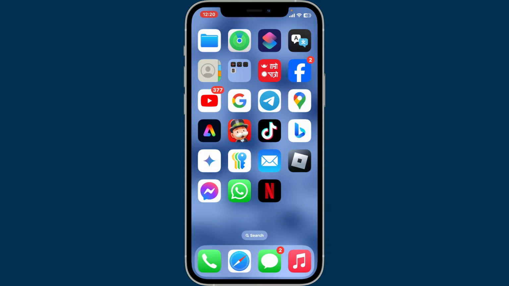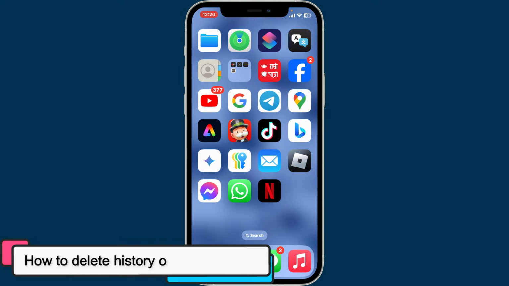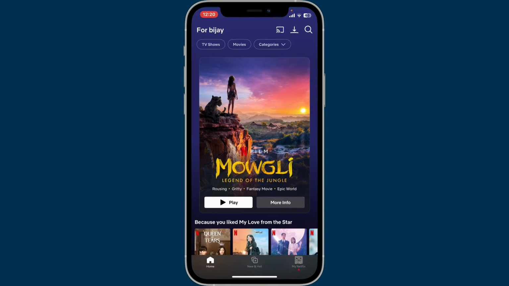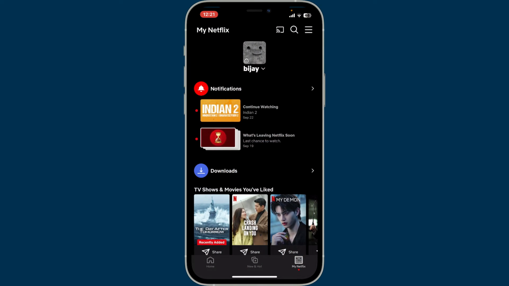In today's video, we will be learning how to delete history on Netflix app. To delete history on your Netflix app, open up the Netflix application from your mobile device and make sure to log into your account. Once you're logged in, tap on My Netflix button at the bottom right corner and then